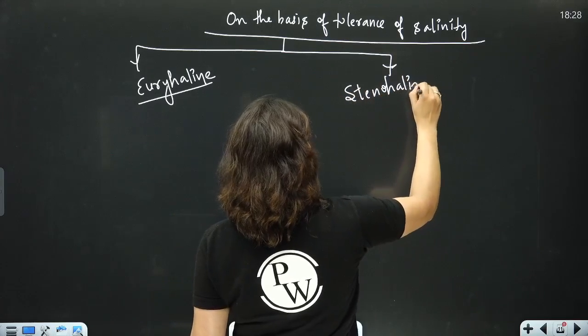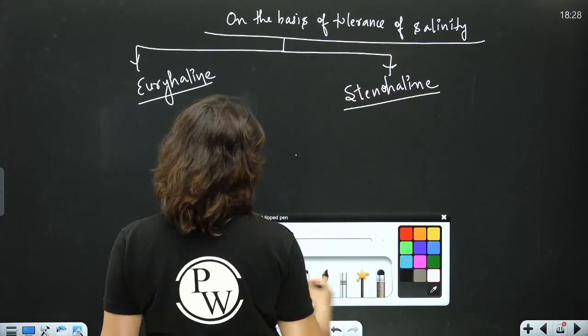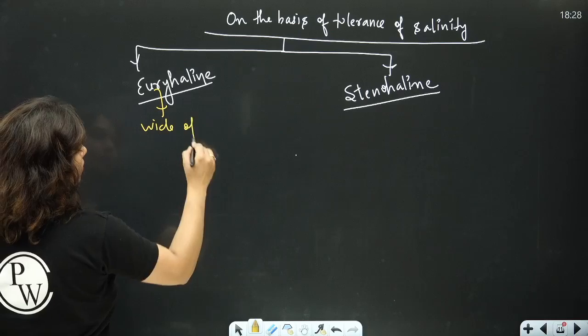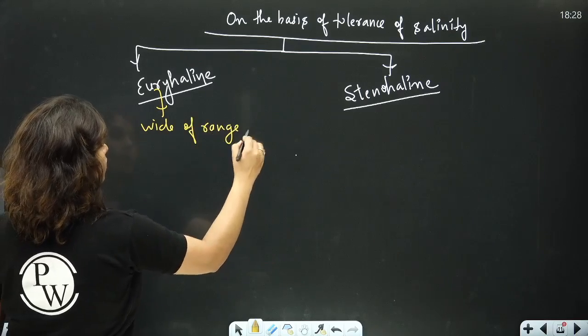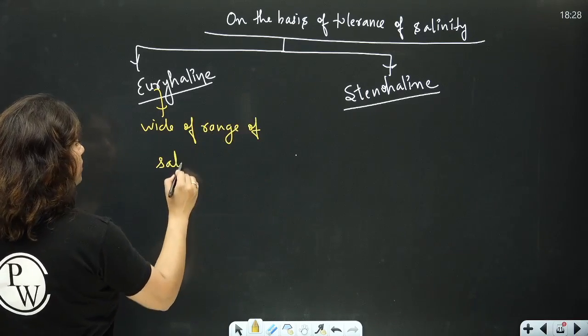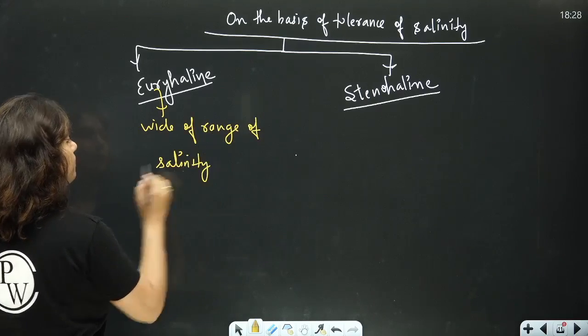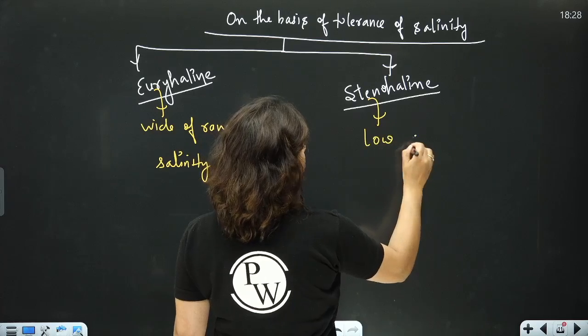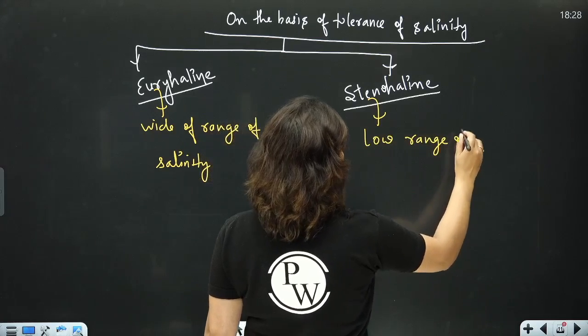Again, it is important that euryhaline means wide range of salinity. Those organisms which can tolerate the wide range of salinity, and stenohaline which can tolerate a low range of salinity,